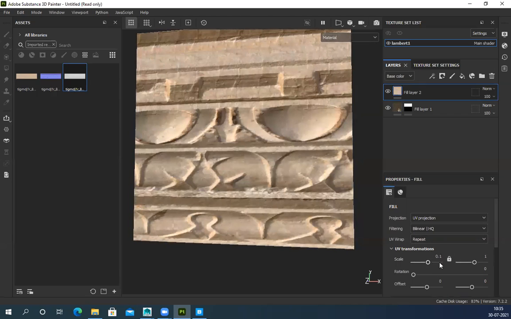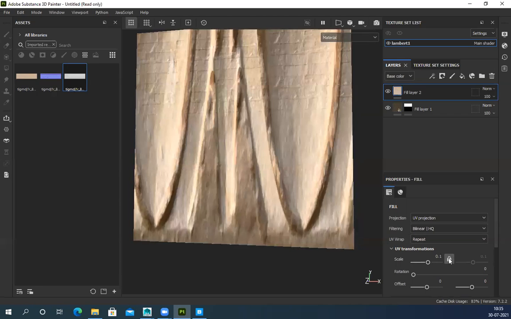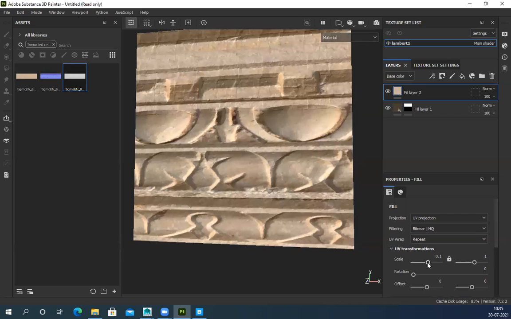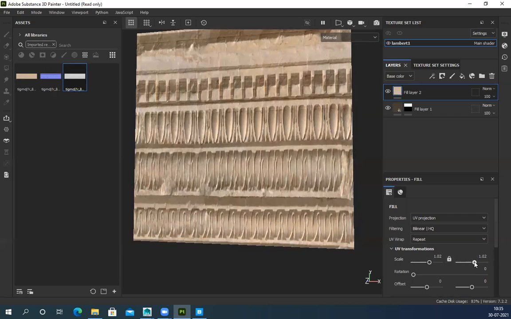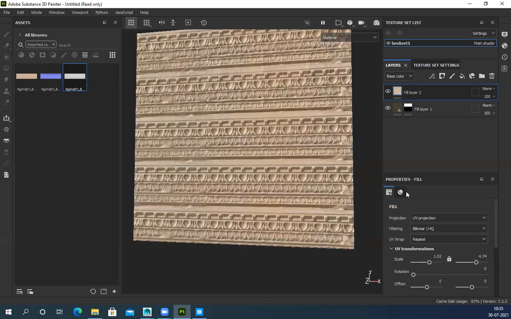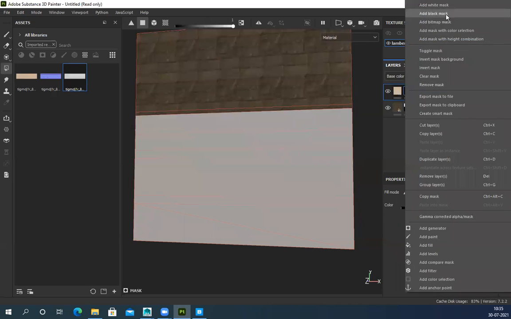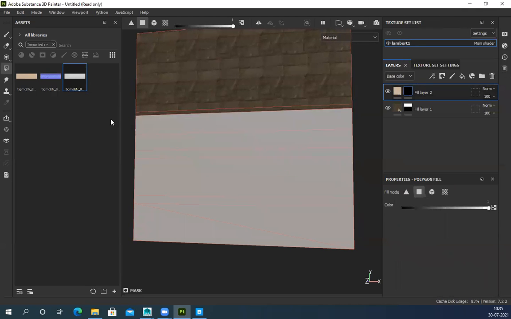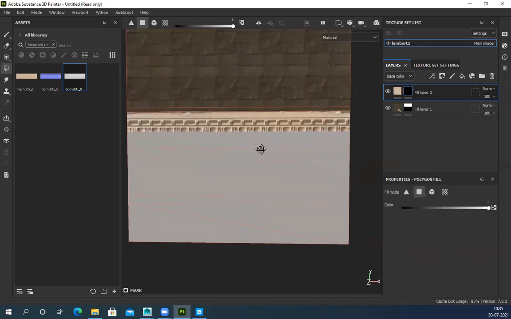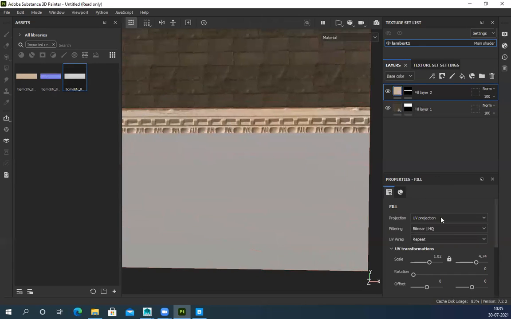To tile it properly, right click, black mask, and the black mask is already selected on this area. Here I can see the tiling is not appropriate.